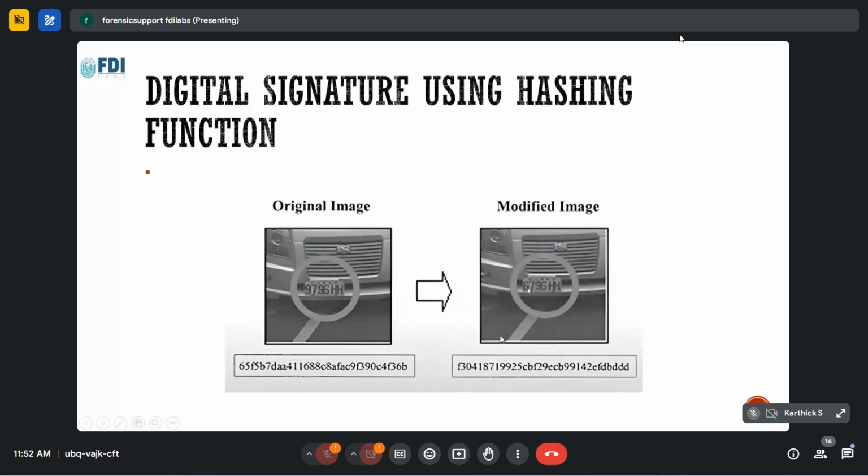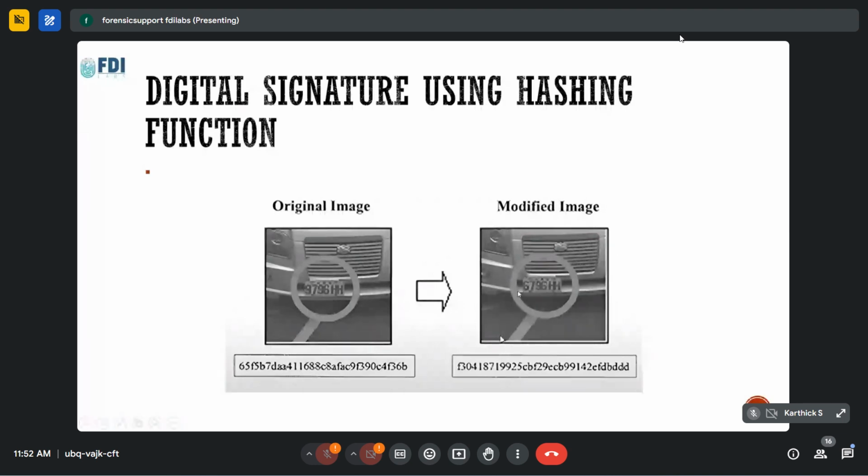Here we can see that the region of the original image has been changed and modified, and the whole hash code of the image will get changed. You can see the first digit 9 here, in this particular region,